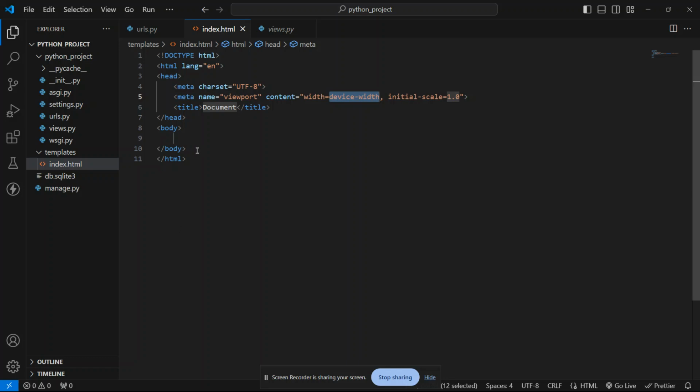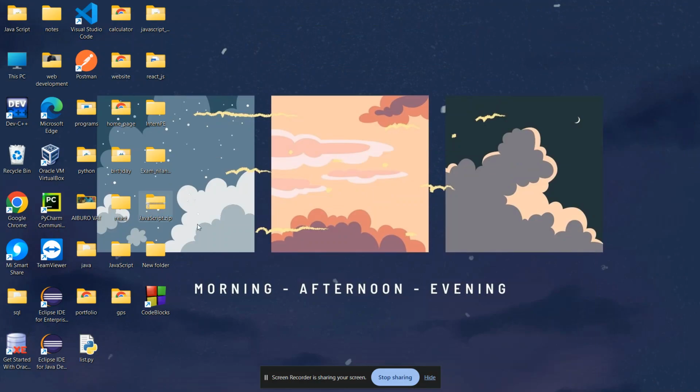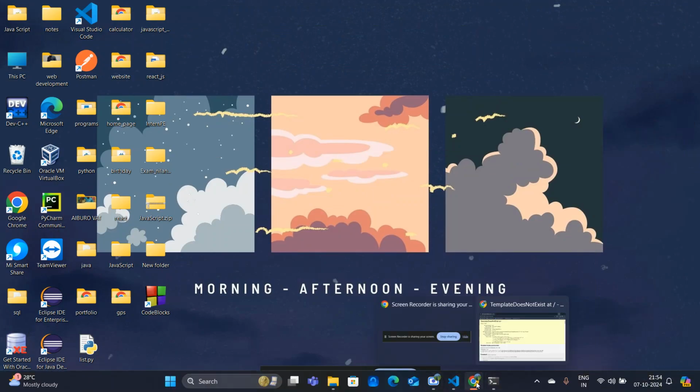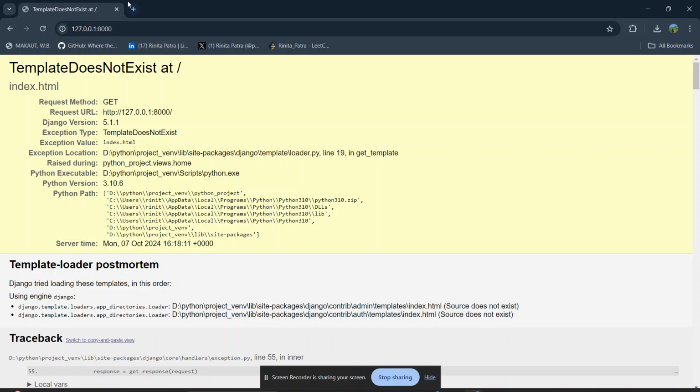Inside there, at first we have to link our Bootstrap. So from where do we get this Bootstrap? Bootstrap is where we can get code snippets which will help us.